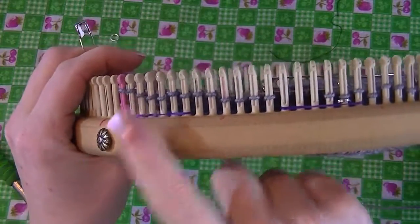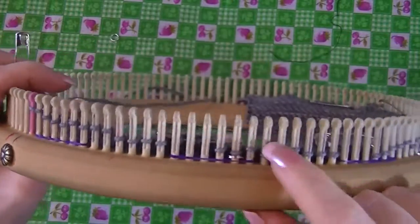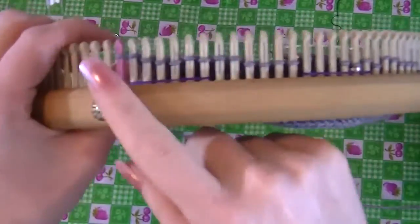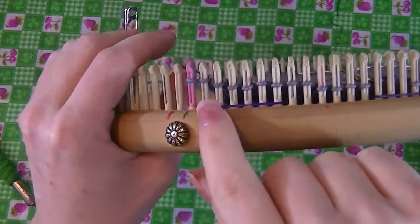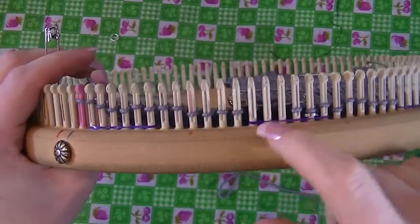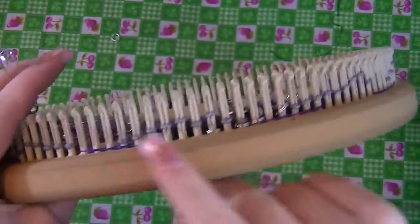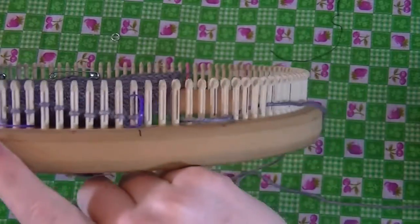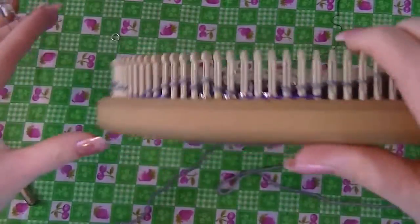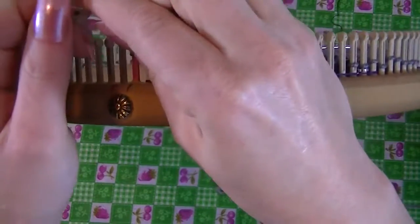And what we're going to do is each set of 6 is a cable. We're doing every other one for the first row. So that means I'm starting with the ones with the rubber bands. So I'll do 1, 2, 3, 4, 5, 6 cables on this first row, which I'll work one of the